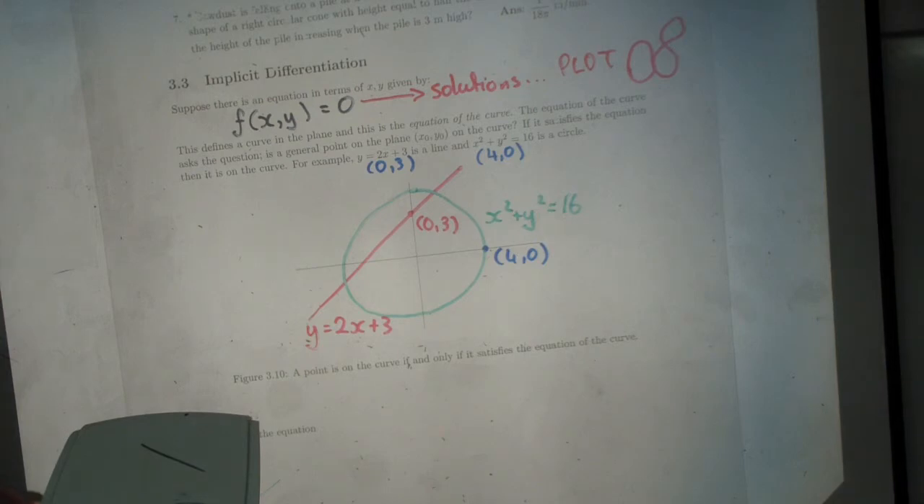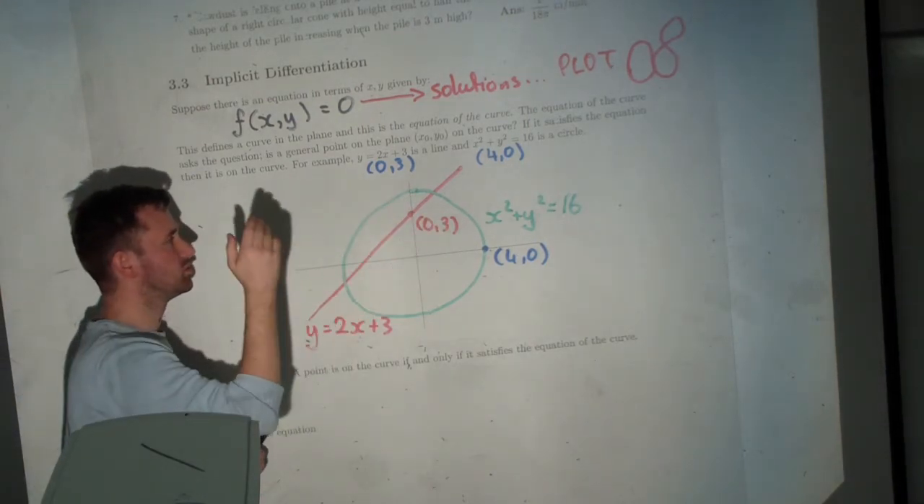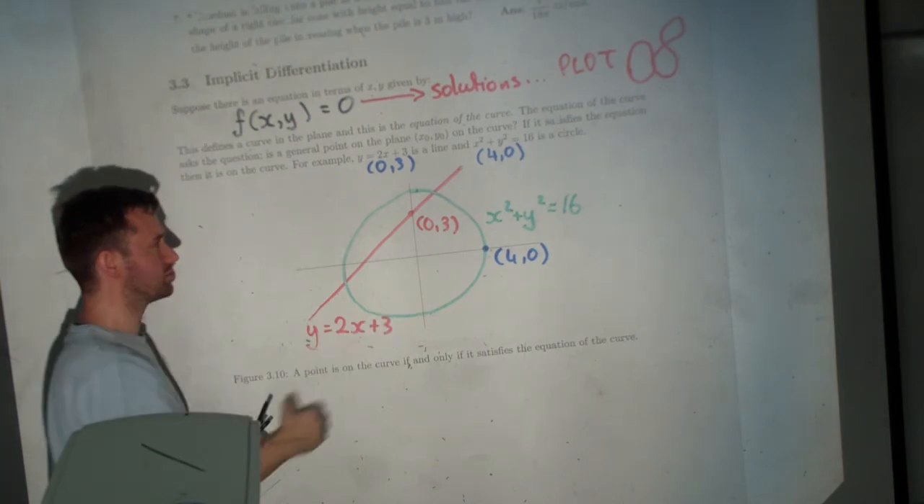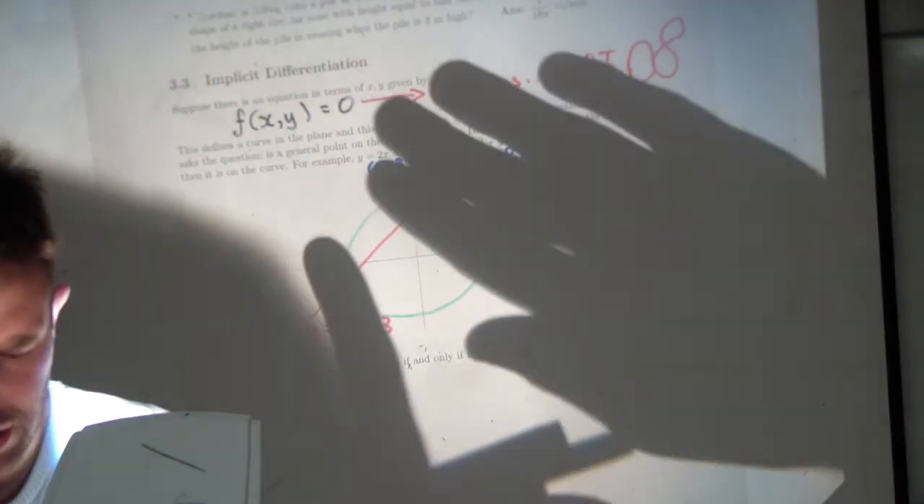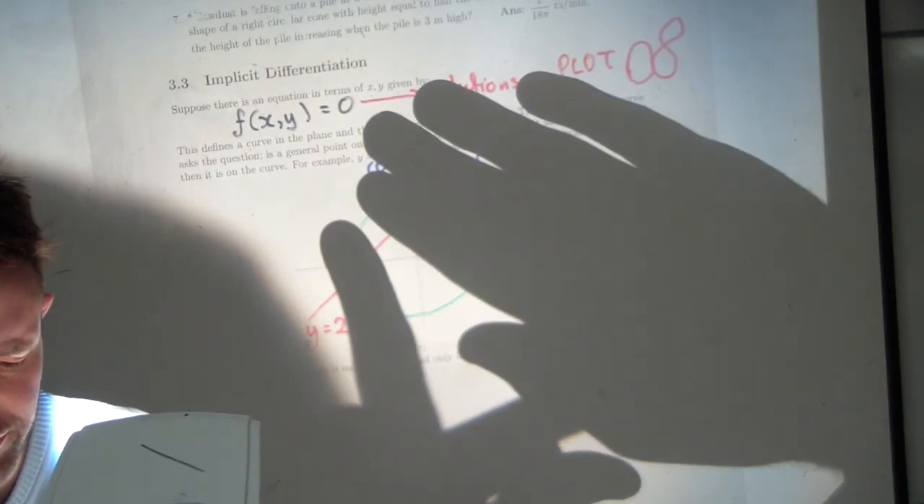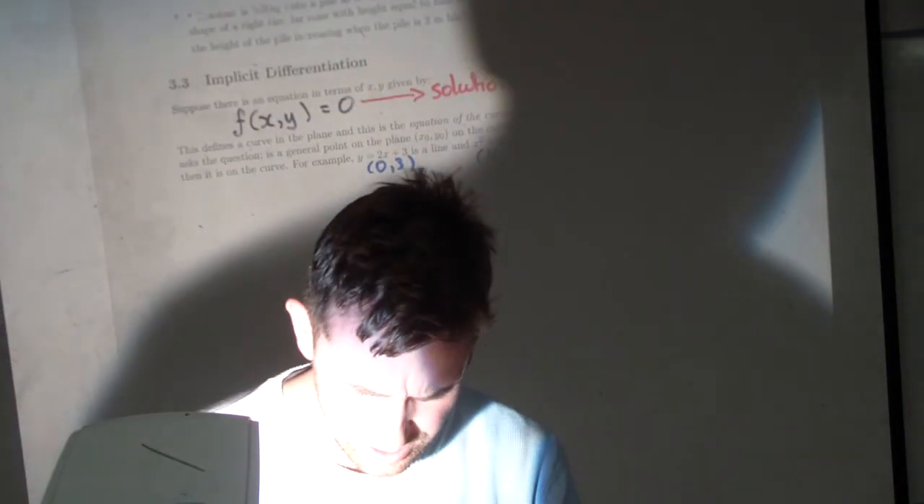Okay, so write down the equation, plot all the solutions, you get a curve. What might these curves look like if we zoom in? Straight lines. Therefore, what do they have? Tangents. So we have questions about